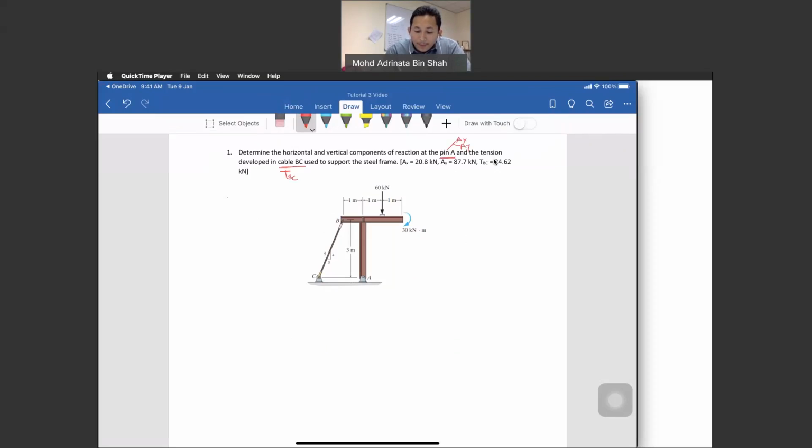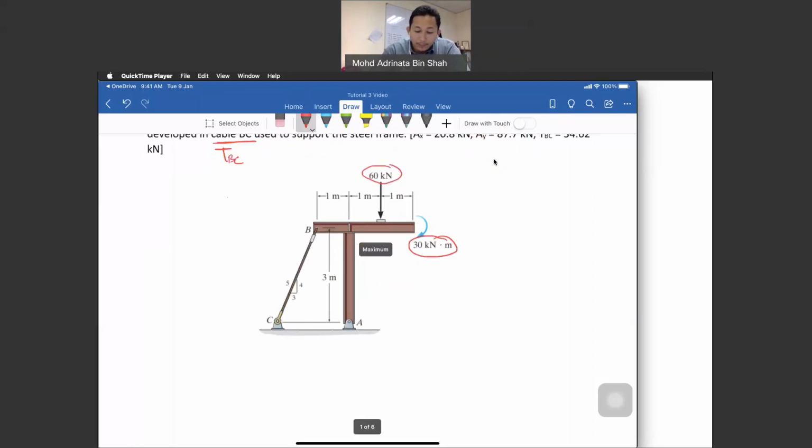And the tension used to support the steel frame. So what do we have from the figure? We have our 60 kilonewton load, and we have another 30 kilonewton meter load. Okay, so for the free body diagram,